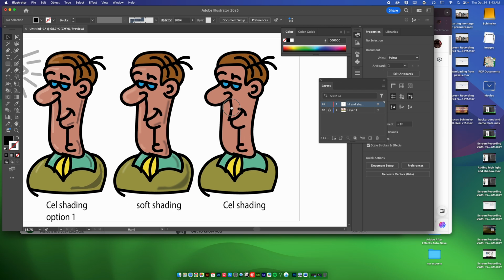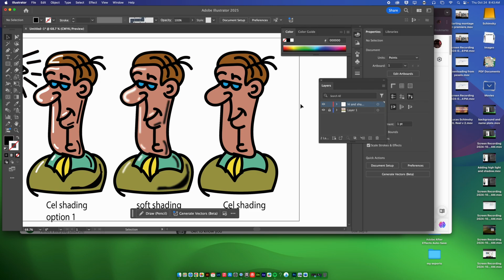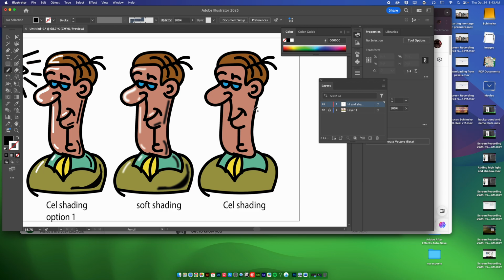More options that we have. If you wanted to, I'm going to stay on that same layer for a moment. I'm actually going to select it and pump everything back up to 100. So it looks a little strange at the moment, but we'll bring it back down in a little bit. You could use the pencil tool here, and you can draw out exactly where you want it to be. So if I want there to be a shade going across all of this,